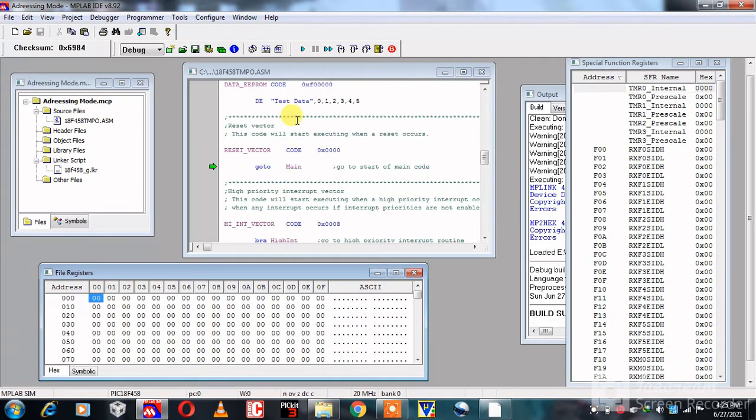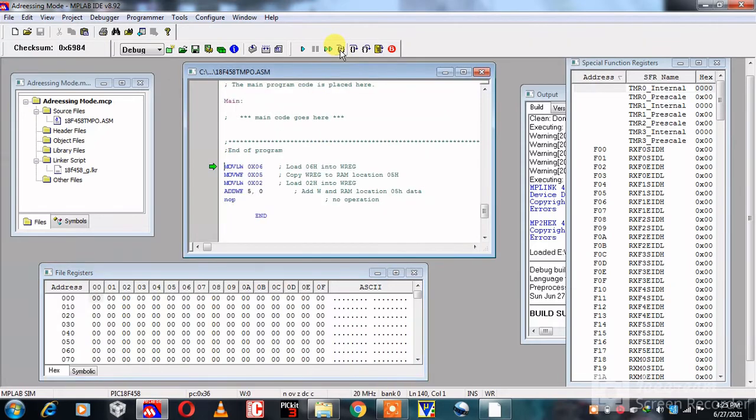Now we are going stepwise. Initially I will explain you this immediate addressing mode program. MOVLW 0x06 means load literal value 06 into working register. Then MOVWF 0x05 means the data of working register is transferred to RAM location 0x05.